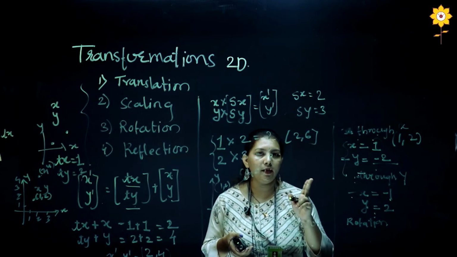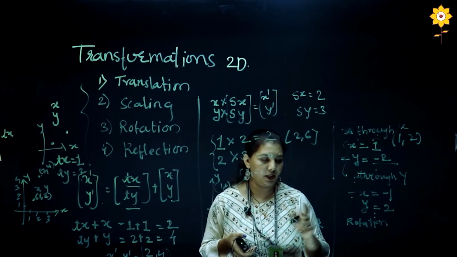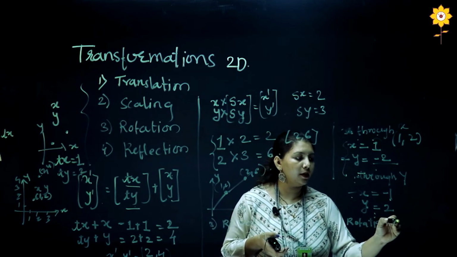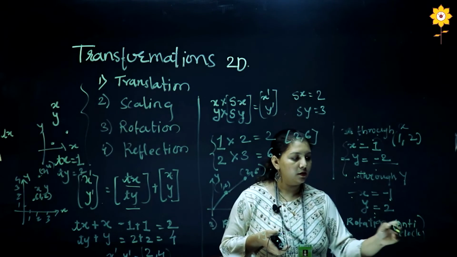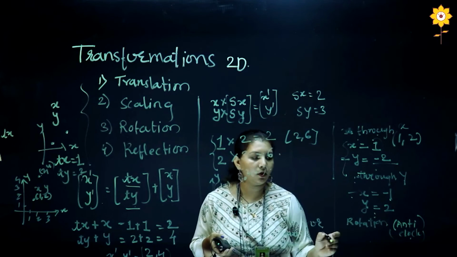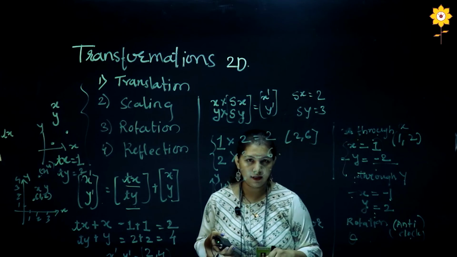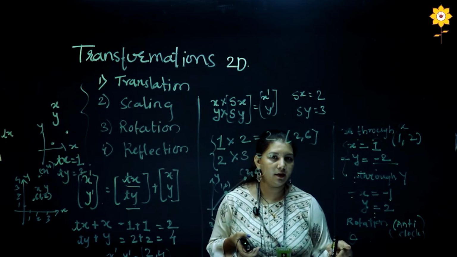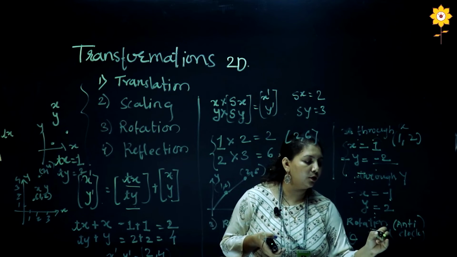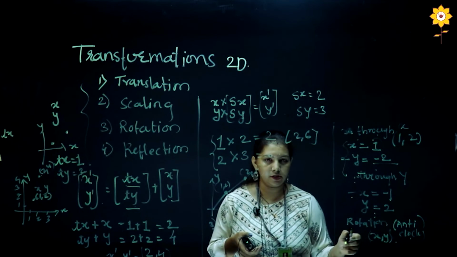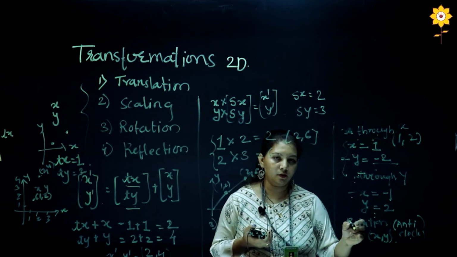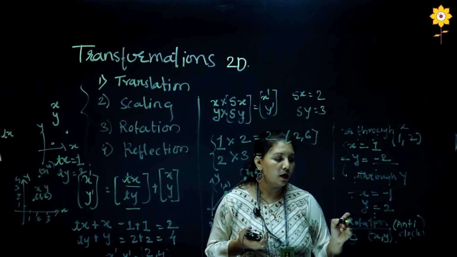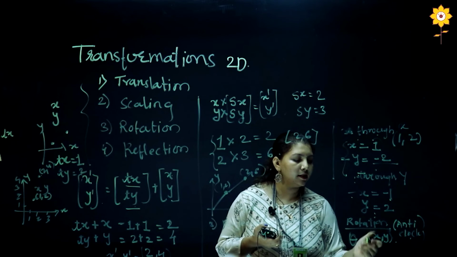Similarly, for rotating any object in 360 degrees, what should we have? See, there are two ways we can rotate the particular object, wherein the first one is anti-clockwise and the other one is clockwise. For rotating the particular object, the important thing that we need is the angle theta. Along with the values of the x and y coordinates, one more thing is required for rotation of the object. So angle theta is required.